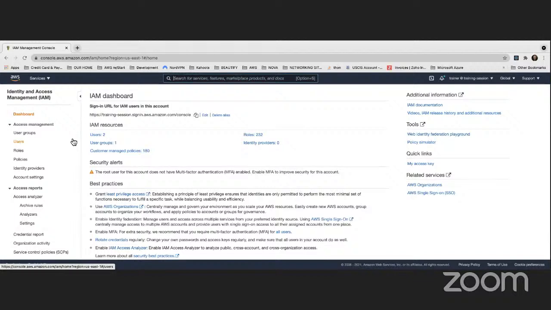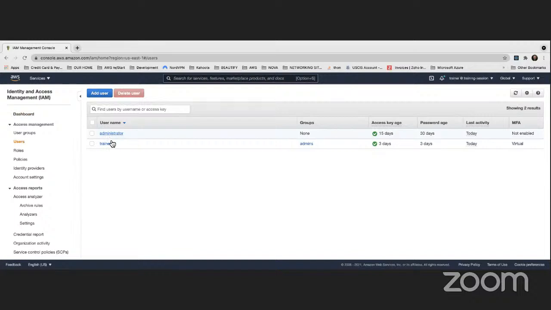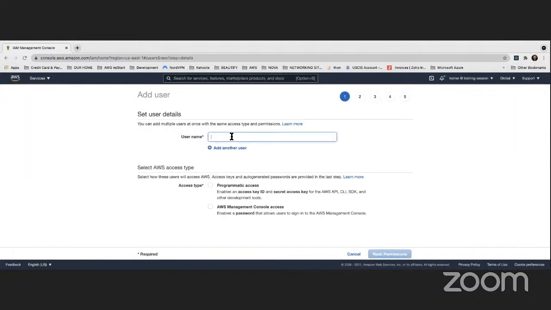So I click here on users. And I have 2 users right now. So one is just the user. It doesn't have any permissions, right? And one is in this particular group, admin. So I'm going to create a user, and I'm going to call the user